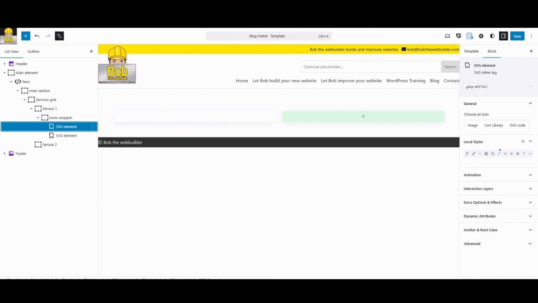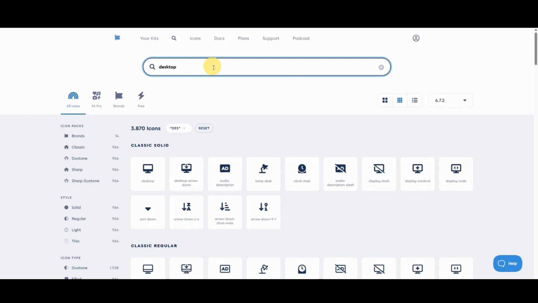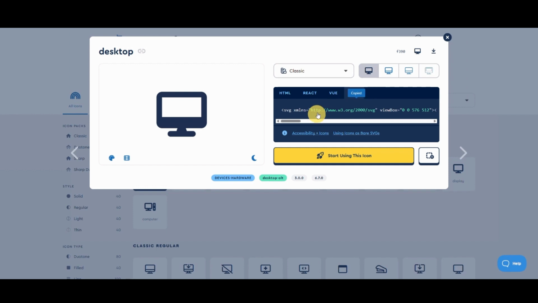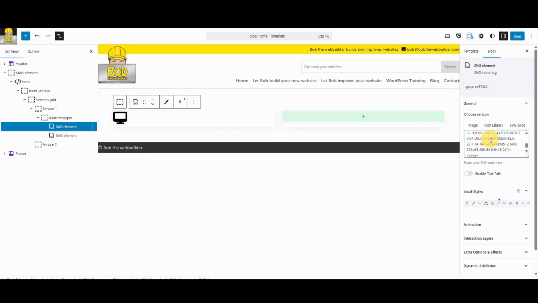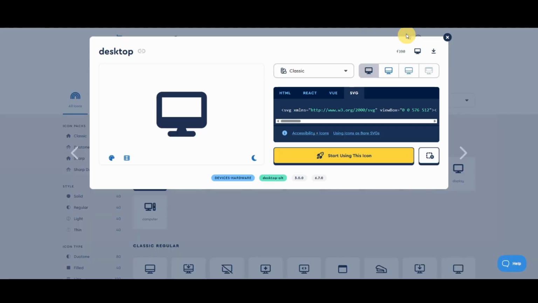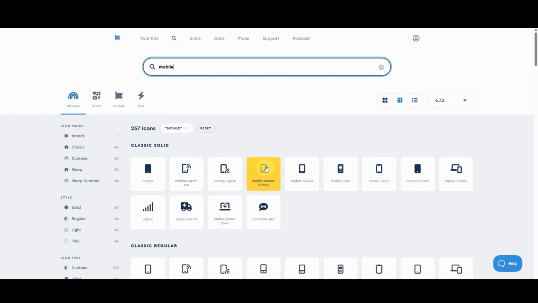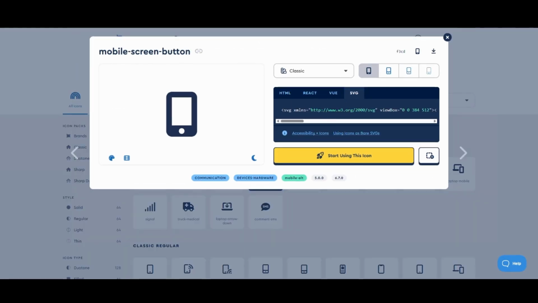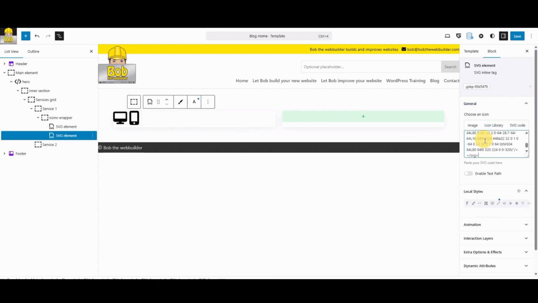So let's go to Font Awesome again to get the icons, and let's search for desktop. Copy the SVG codes. And there we go. And we want also a mobile icon. So probably this one. Copy that and paste it in the second SVG elements. Okay,